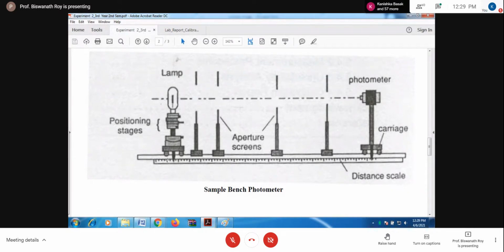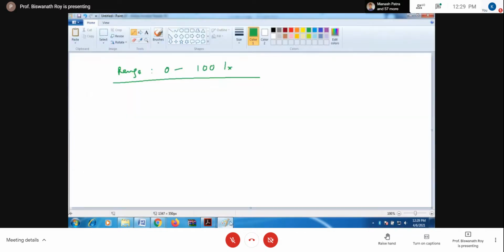So under this condition, if I vary the supply voltage such that we can have the lux meter value 100, then reduce the supply voltage such that the lux meter value is 90. Again reduce the supply voltage. So here is the supply voltage in volt, right?